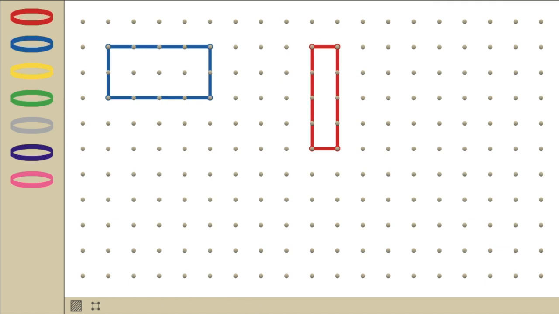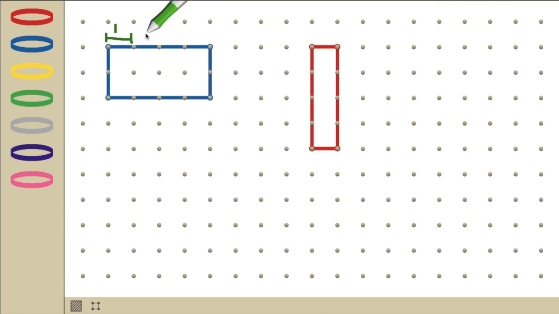When I calculate the perimeter, remember that we are measuring the distance between the pegs. I saw a number of people in last week's work where they were counting the pegs to find the perimeter. So they were saying that this perimeter would be 1 peg, 2 pegs, 3 pegs, 4 pegs, 5 pegs, and so on. Be careful, because when we use the geoboard, we're actually counting the distance or the units between each of the pegs. So we have a distance here of 1 unit from that peg to that peg,